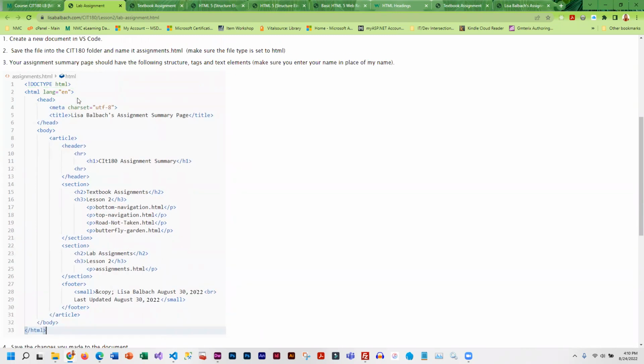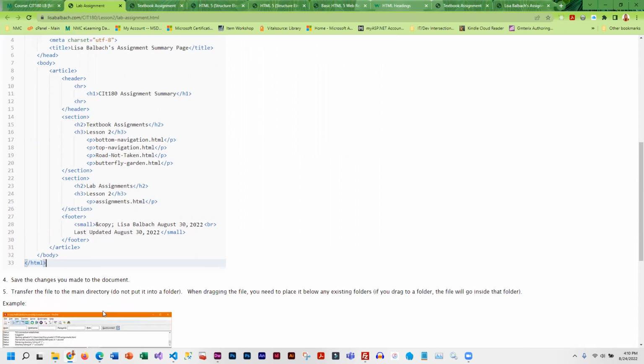So what you are going to want to do, instead of having a title of Lisa Ballback's assignment summary page, you're going to put in your name. The assignment names should be pretty much the same, but then when you get down here to the footer, obviously it's going to be your name instead of mine, and you can put whatever the current date is, and then